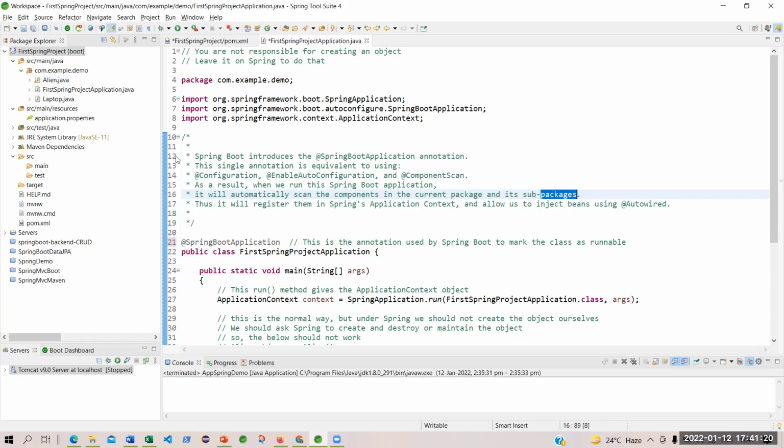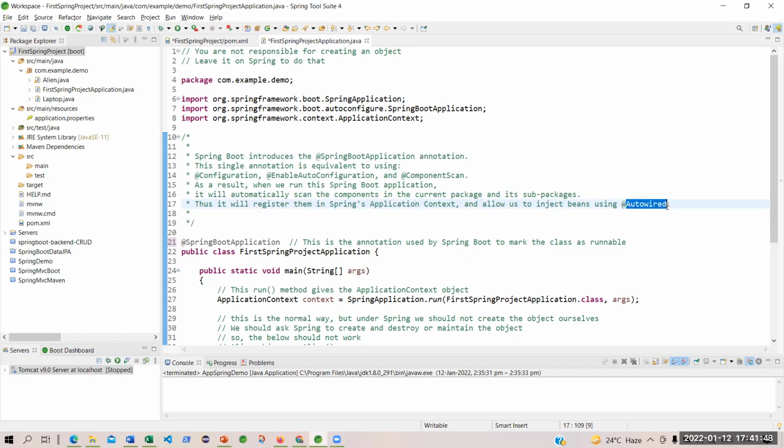And so component scanning and everything will be done by this annotation. And also the configuration part and auto configuration will be taken care of. Thus, it will register them in the Spring application context. We will learn what that context is, and it allows us to inject beans using AutoWire.